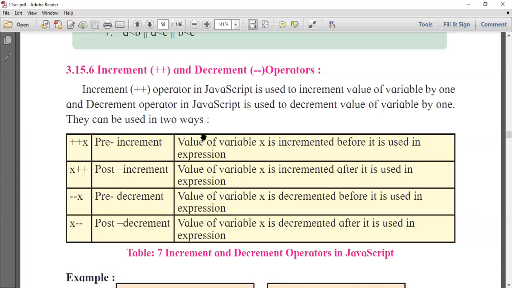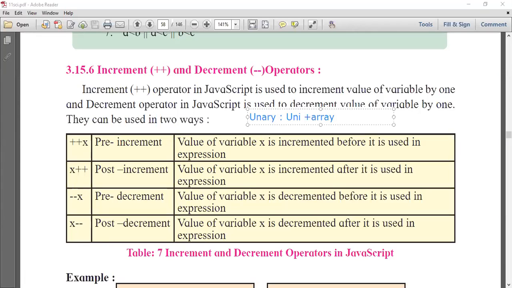Here a total of four operators are used. The first operator is pre-increment. First of all, I want to tell that this is called a unary operator. Why is it called a unary operator? Because unary is made up of uni plus ary.